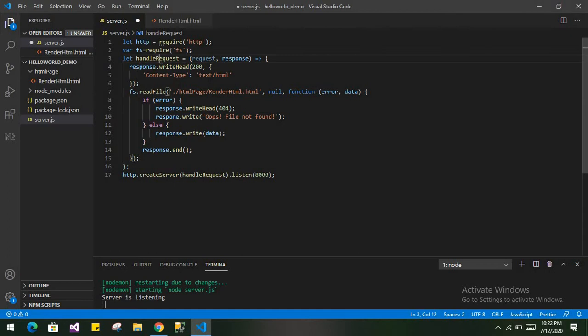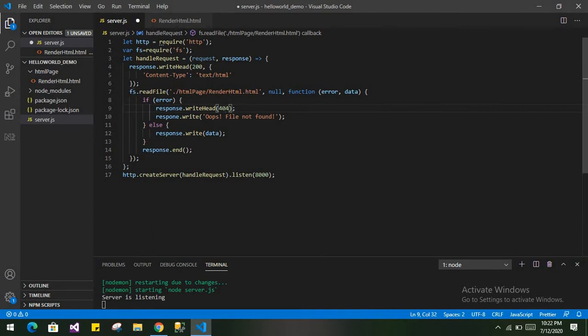We have created one function, handle request and response. Always keep in mind, if you are including an HTML file, you compulsorily have to define the content type in the response.writeHead as text/html, which is for the HTML file. So it denotes that you are rendering the HTML file as a response. This is compulsory. If you do not define it, then it will not render as HTML.